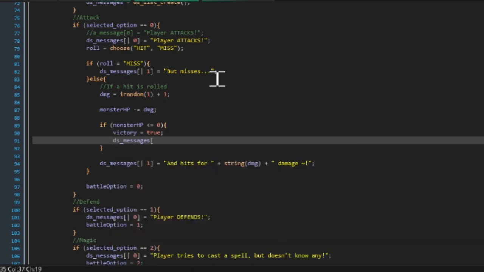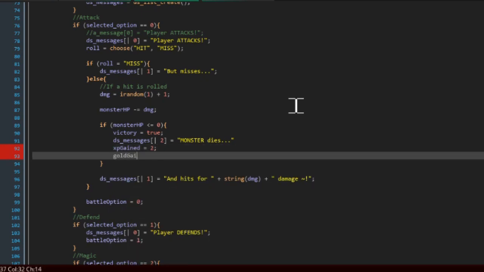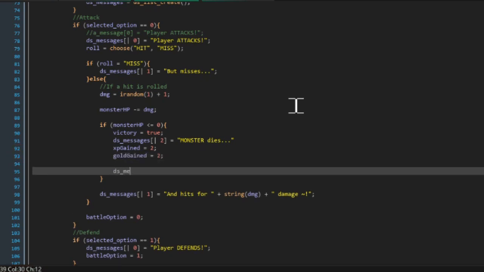DS messages, this is going to be number 2, equals monster dies, and then XP gained equals 2, gold gained equals 2. DS messages 3: player gains